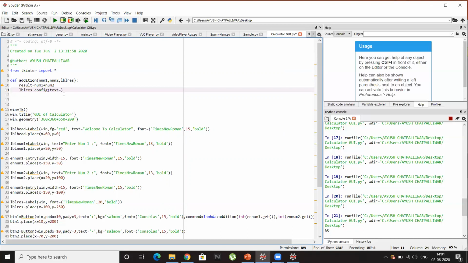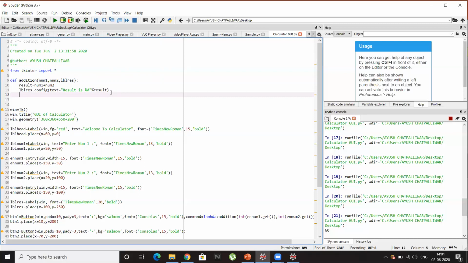So the text is equals to, here I can give the text as "result is %d", because for an integer value to be printed we use %d. The %d will be replaced by the integer variable, and to replace %d we'll have to write %, and the variable to which %d must be replaced, that is result. Yeah, that's it. I think this will print our answer on the window.